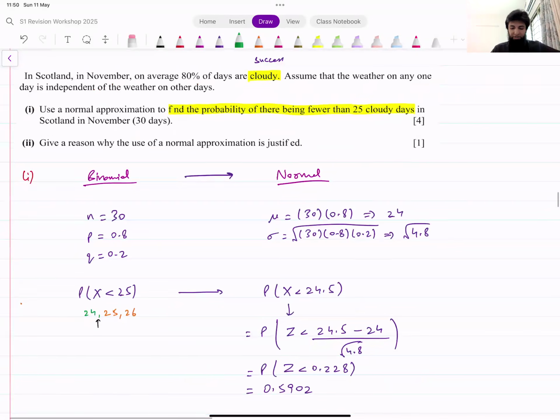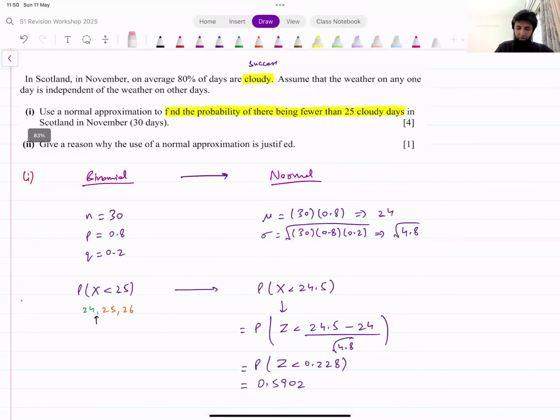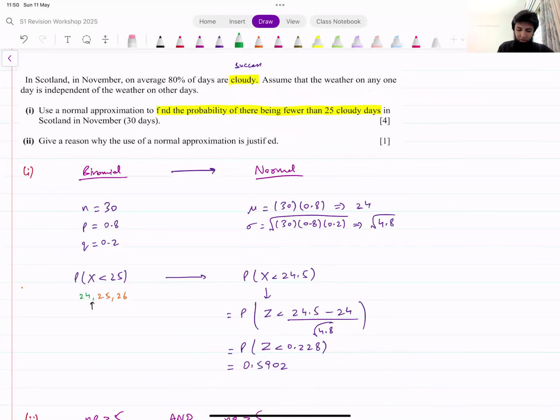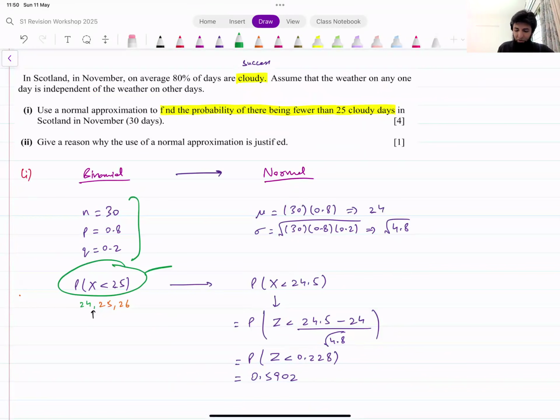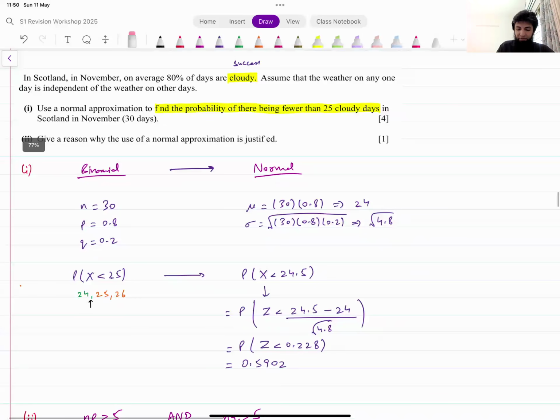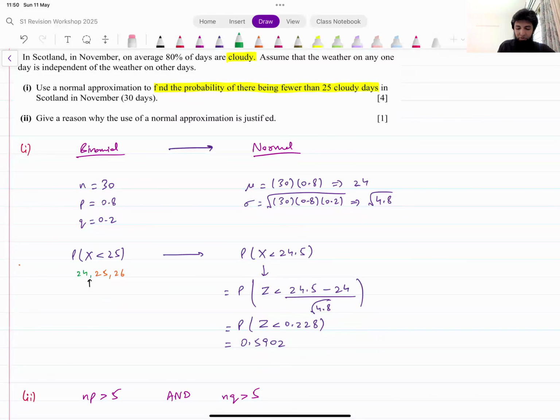You have to use a normal approximation to find the probability of this. You can have a look at this example. You have P, N, P, and Q. You have to find X less than 25. Do continuity correction. Find the mean and standard deviation. Find that probability. You get that result. Right? That's pretty straightforward. Now, in the second part, they say give a reason why the use of normal approximation